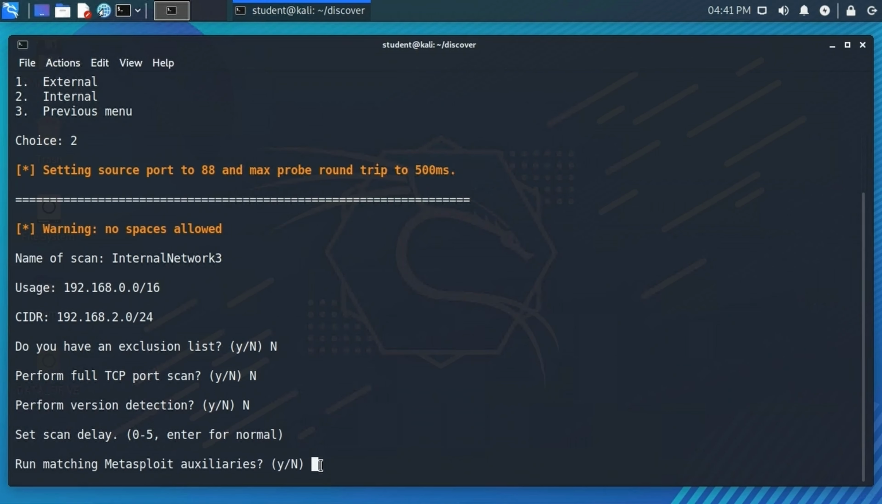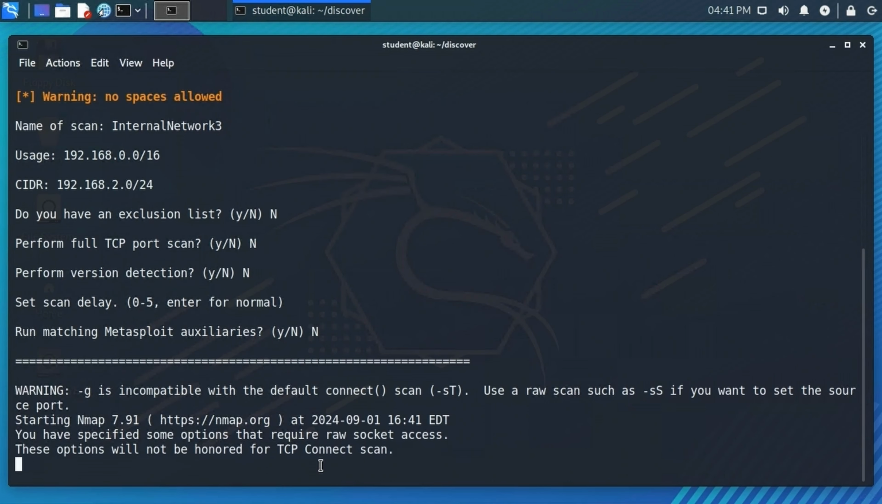And do you want to run matching Metasploit auxiliaries? I'm going to go with a no. I just want to do the nmap scan. So it starts, so basically what this script is doing, the discover script, is it's going to make a number of calls to nmap, and it's going to do a port scan on the